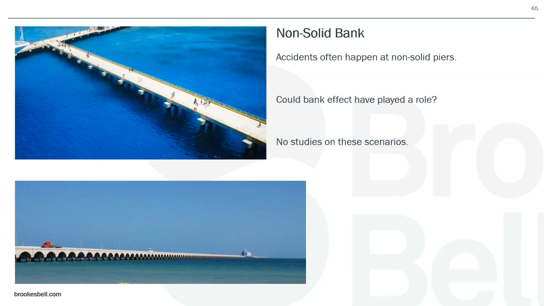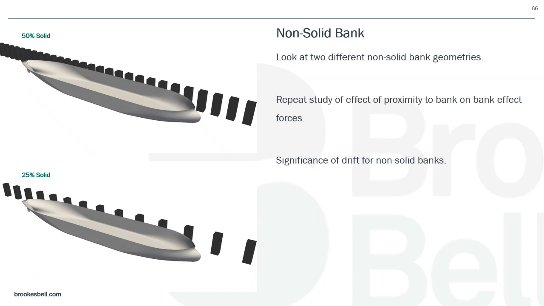Now, knowing or getting data on whether that's the case or not, there are no experimental studies that I've been able to find, all kind of model tests of solid walls. So it's very difficult to definitively say, based on any data that's out there, whether these do or do not have an effect, or whether bank effect is at play here in non-solid geometries. So the only real way you can do it is to build a model yourself,